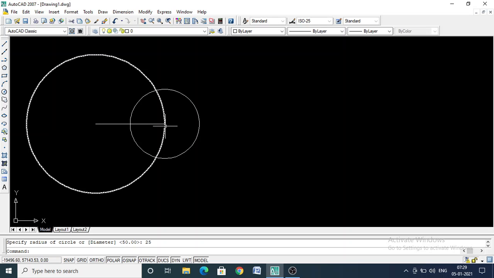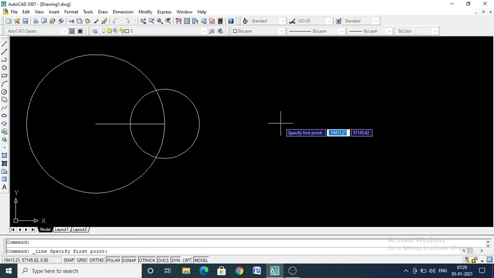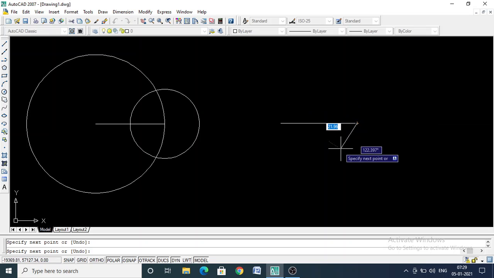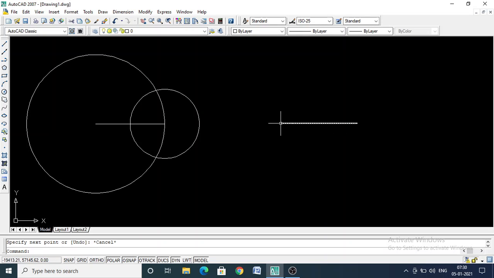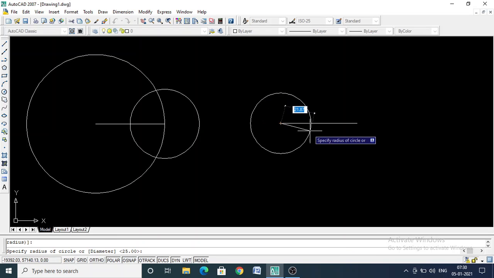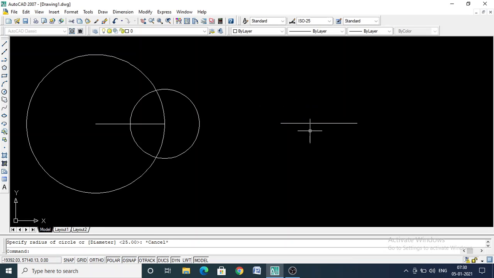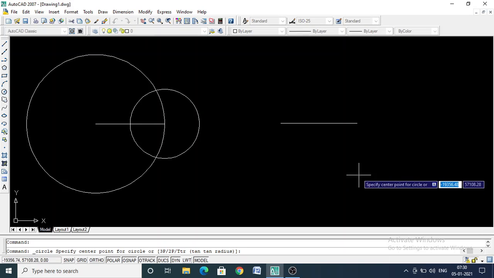Now this is one method, when I know the center point of a circle. If I don't know the center point and I want to draw a circle, say I know the first point of a circle and I know the second point of a circle. It means I want to draw a circle by referring to 2 points. Then I'll select circle, then say I want to draw it by 2 point,